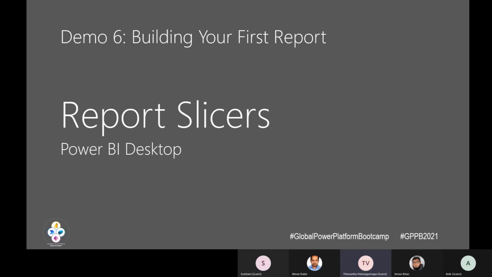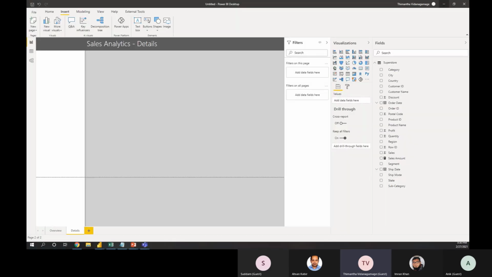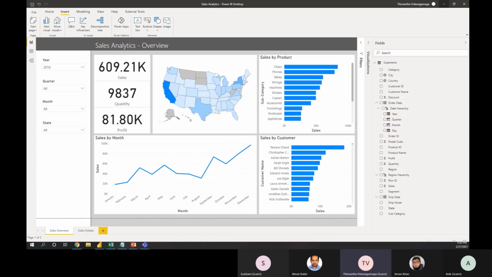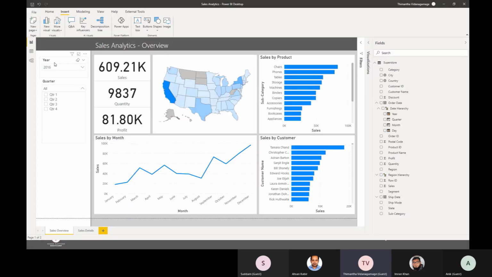Next is the report slicers. So what are the slicers? Slicers are basically another fancy word for filters that are used in Power BI. Filters, you guys might know, are used to filter the data. If you are a person who's seeing this for the first time, who had never developed reports before, filters are something like this. So I have a filter called state. So when I filter on that,